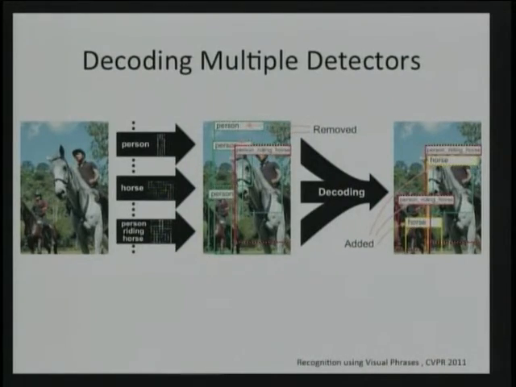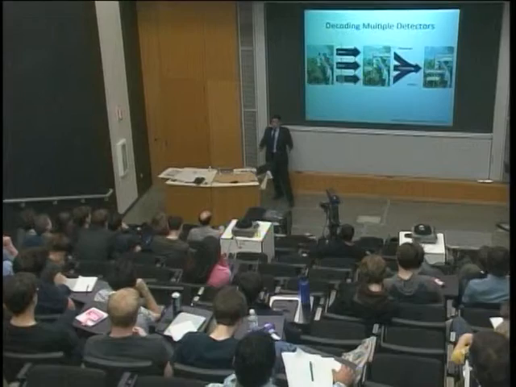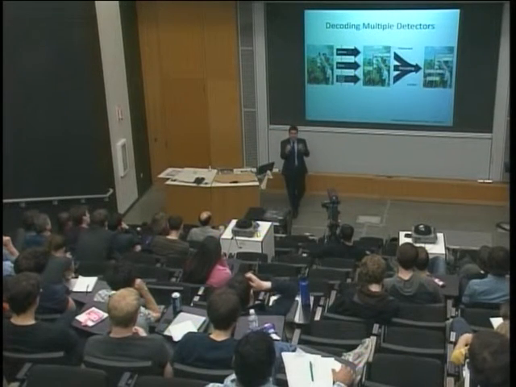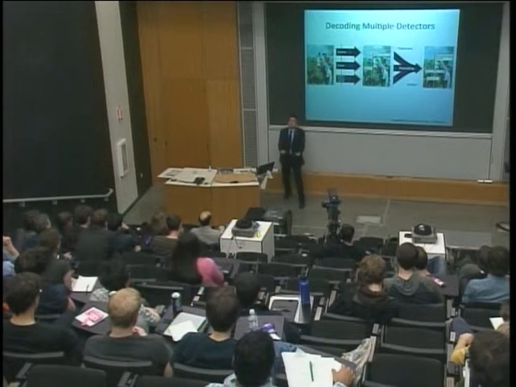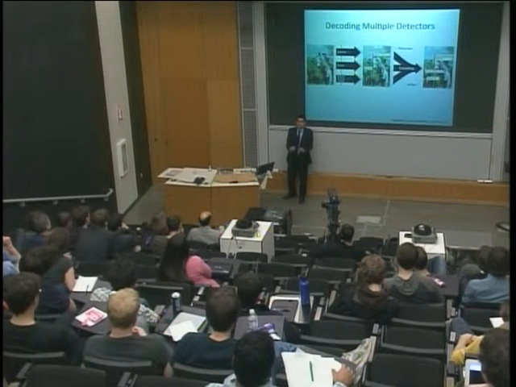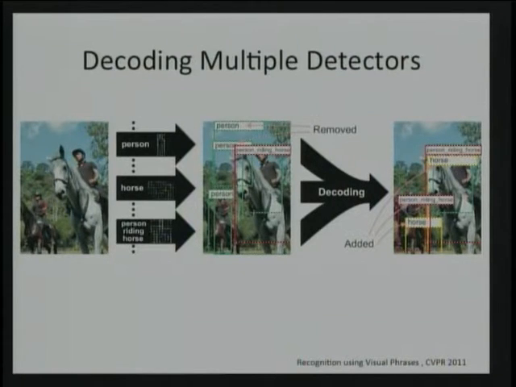So the story looks like this: an image comes in, I run all of my detectors, including objects and visual phrases, and each detector has an opinion. For example, the person riding a horse detector thinks there is an instance of a person riding a horse in this red box. The green box over there is the person detection response that thinks there is a person there. So if there is a detection of a person riding a horse and a detection of a person, there's got to be a horse somewhere. I want to push the horse prediction up because of those two things. And if that's correct, I should get rid of those two wrong person detections up there.